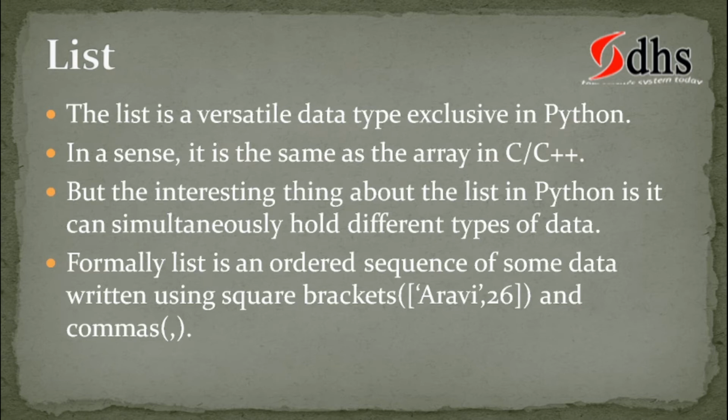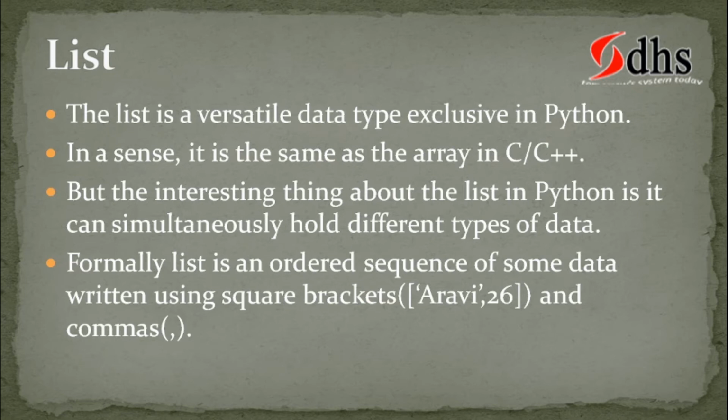In a sense it is the same as an array in C/C++, but the interesting thing about the list in Python is that it can simultaneously hold different types of data. You can store another list inside the list also. That is one more beauty. Inside a single dimensional array you can store another single dimensional array. Formally, a list is an ordered sequence of data written using square brackets